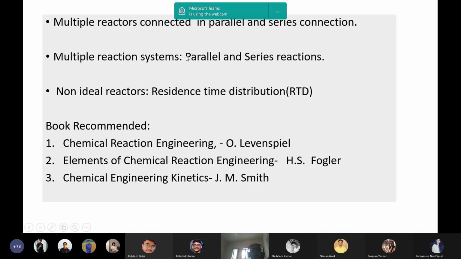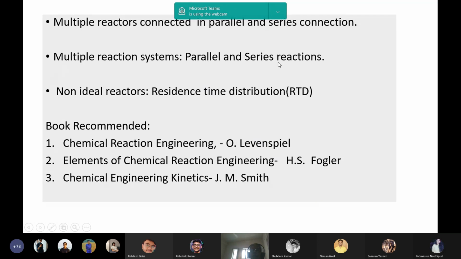If you have visited a plant, say a petroleum refinery, there are some reactors where for one reaction, say 9-10 reactions are taking place parallelly. So there are many impurities, but one reaction is the important or desired reaction, and other reactions are not so important. So those are unwanted reactions. So you should optimize the main product from the main reaction. For that, the study of multiple reaction systems is very much important.